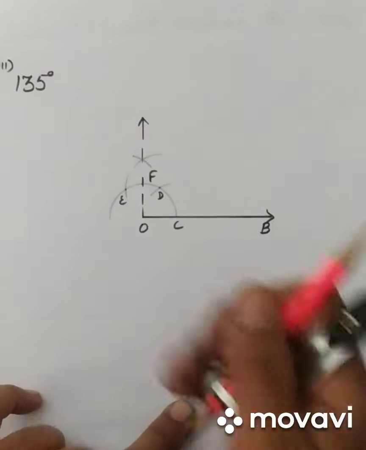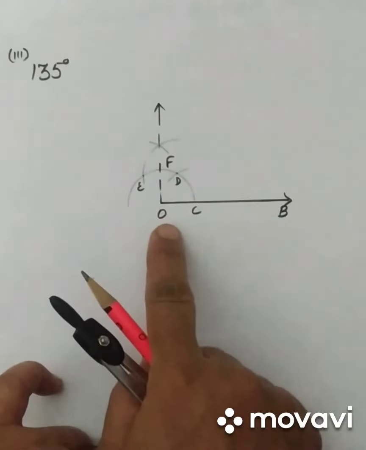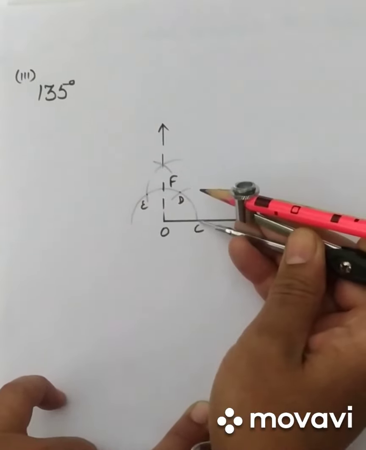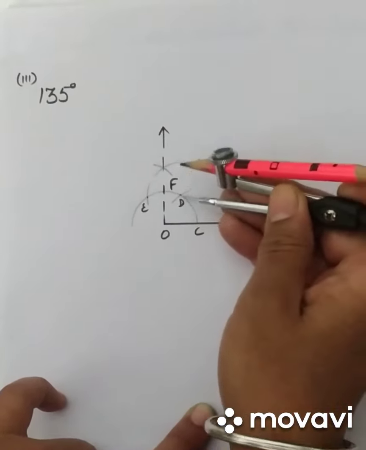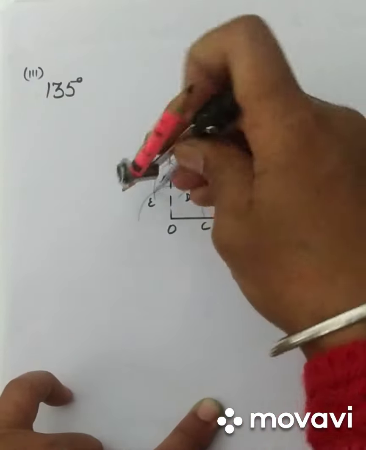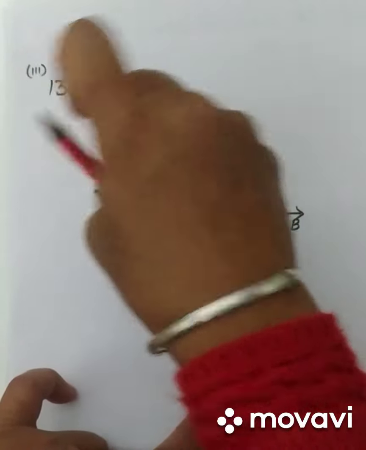Now students, angle of 135. For 135, once again we have to construct 90 degree, right? Now after 90, as we have drawn the arc from C, that is the D point, and then from D to E. Now from E we have to draw one more arc, that is of 180 degree, and mark this point as G,